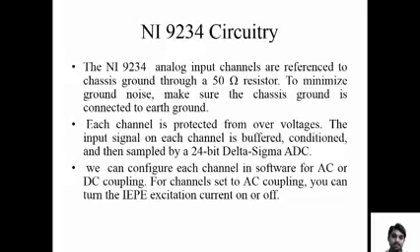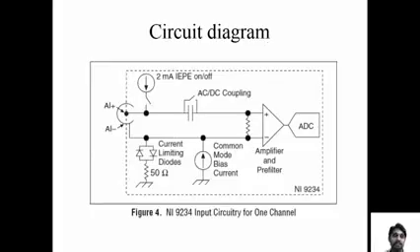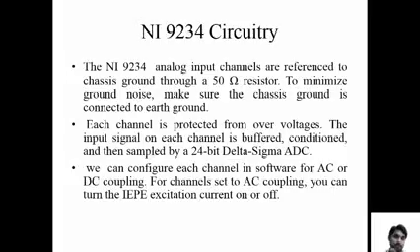And the NI9234 circuitry, how the circuitry is designed: a 50 ohm resistor is connected to ground. Below that is shown current limiting diodes. Below that a 50 ohm resistor is there. The advantage of connecting the 50 ohm resistor to chassis ground is to minimize the ground noise. Make sure the chassis ground is connected to earth ground. The analog input channels are referenced to chassis ground through a 50 ohm resistor, as it is connected by default, and